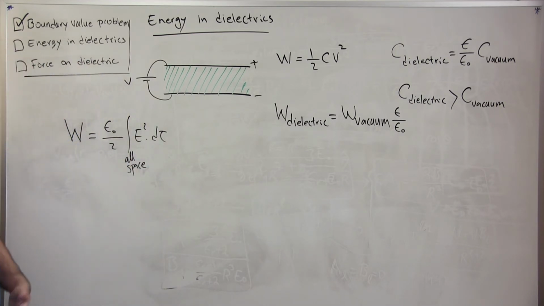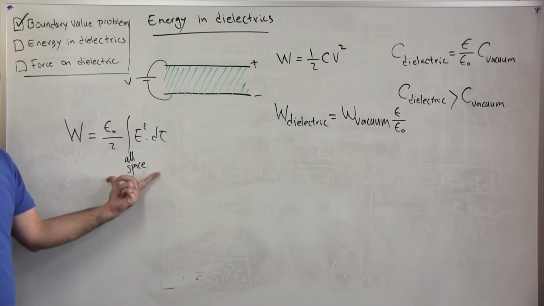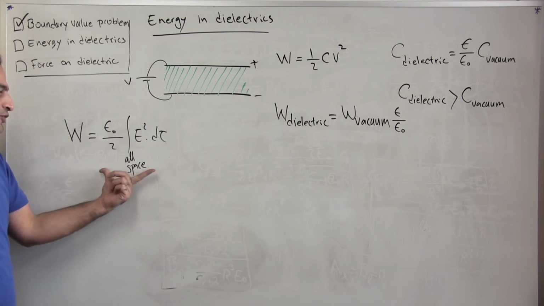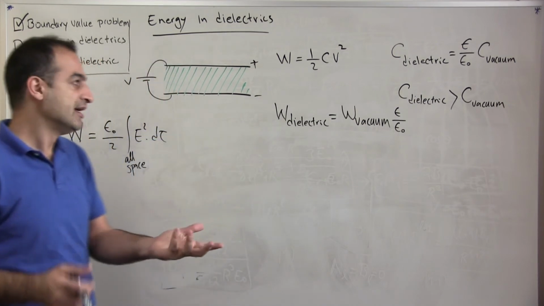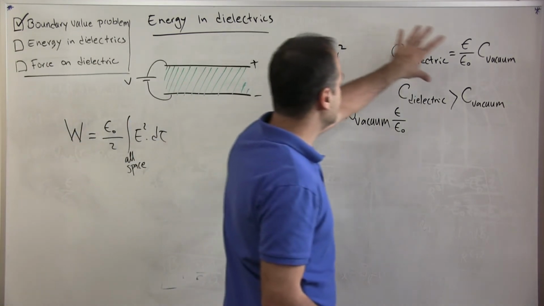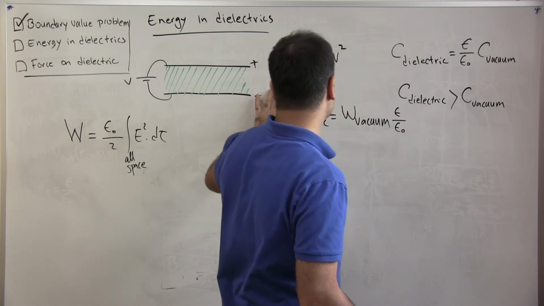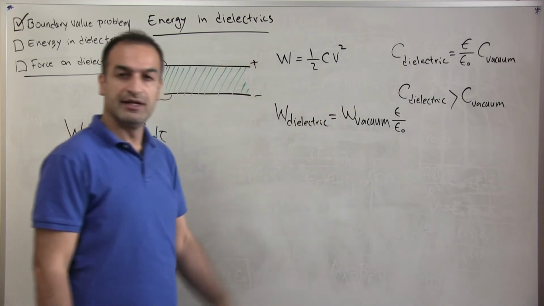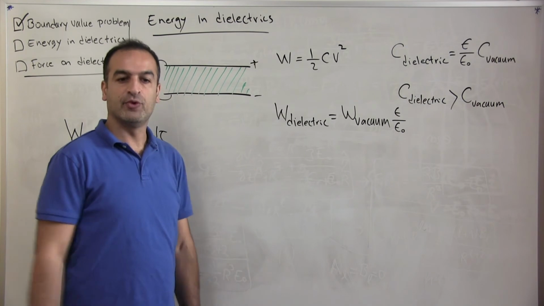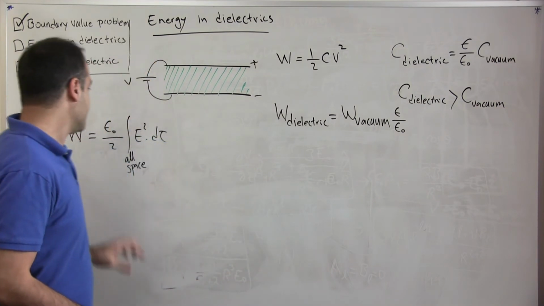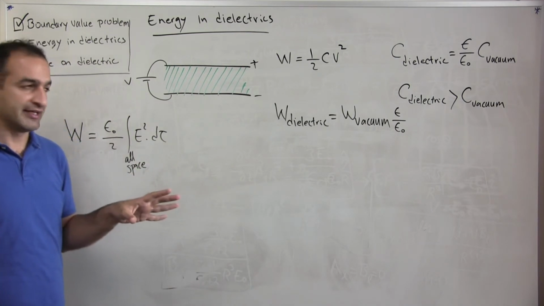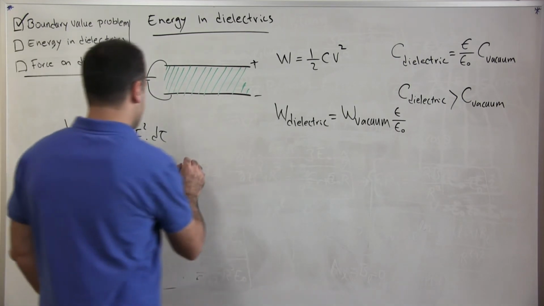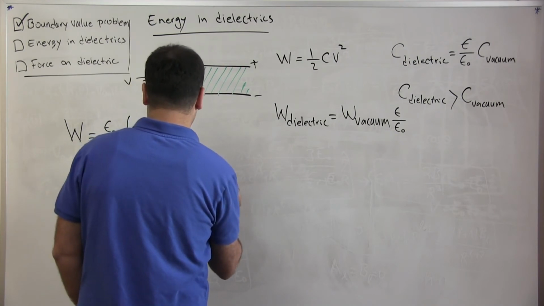Okay, so if you look at the electrostatic energy through this equation, you're going to get the same energy for two capacitors with dielectric and without dielectric. But if you follow the equations for capacitor, you will see easily that the dielectric capacitor carries more energy. So what's happening is that this equation is developed for the case that we do not have any dielectric, okay? And if we include dielectric, this equation needs to be rewritten, and